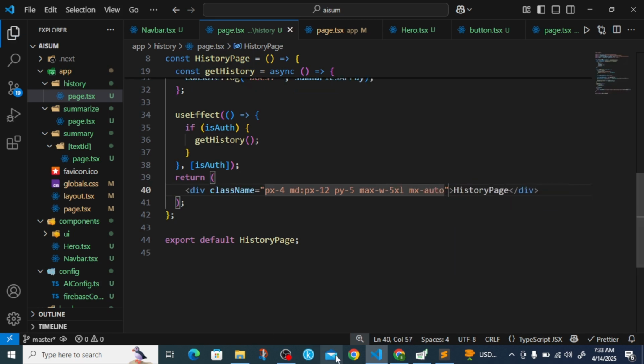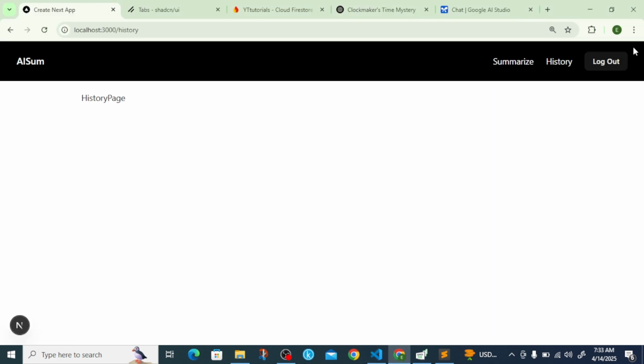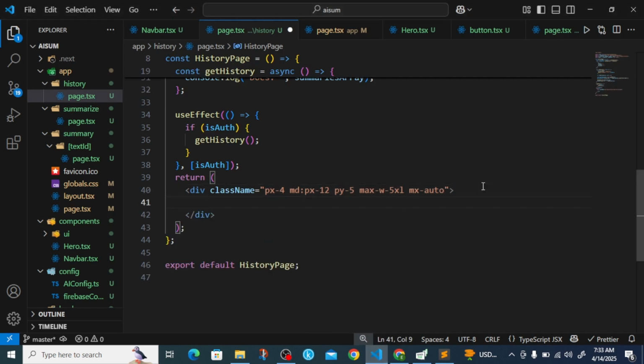This is going to give it some spacing. Then inside this we're going to get rid of this history page text here, and write a heading h2, which is going to say recent summaries,